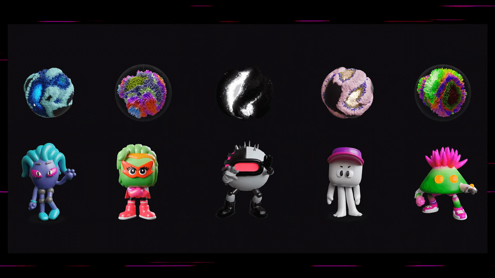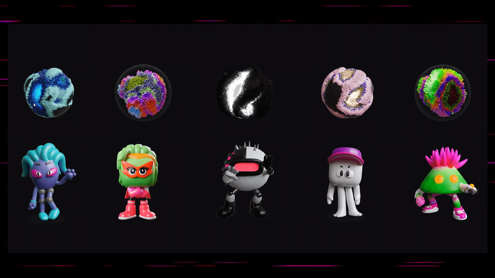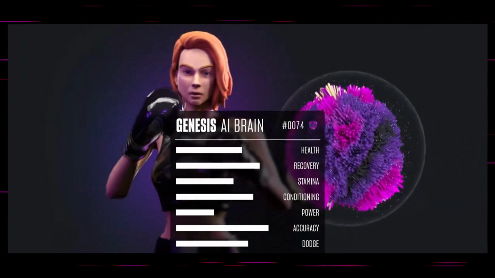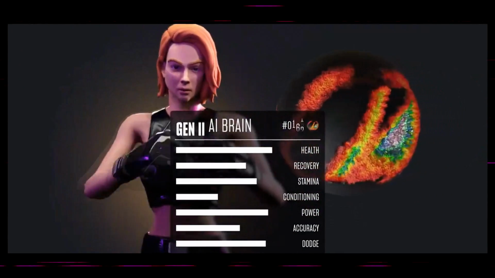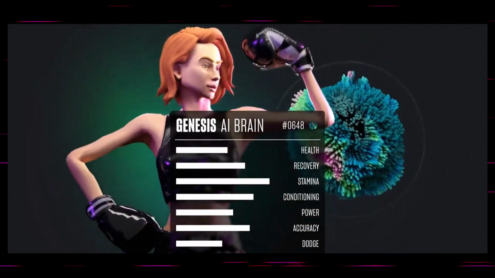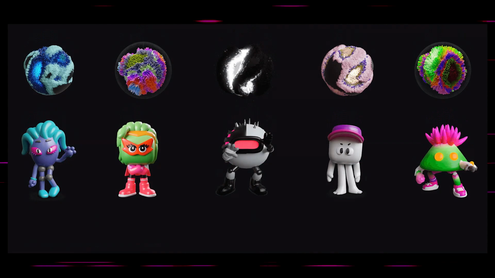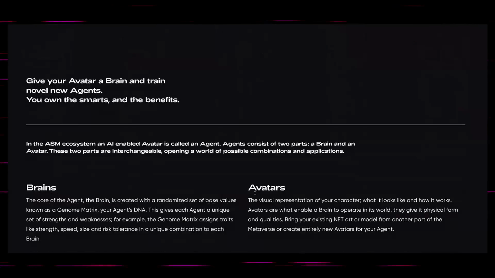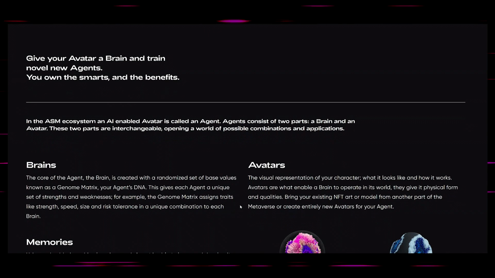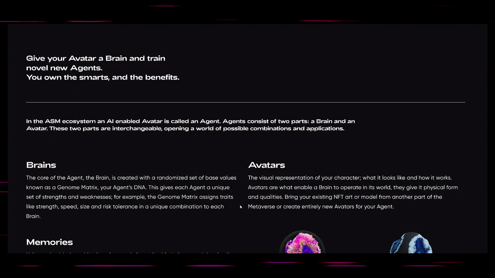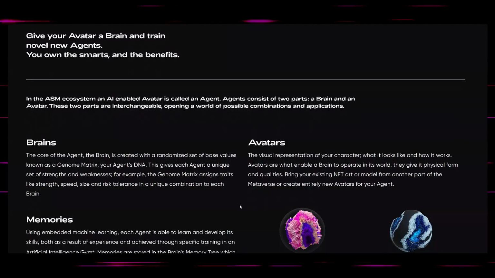You use the brain to train your NFT in whatever game you are playing, whether it's AFA All-Stars or Muhammad Ali Next Legends, where you're training a boxer, whatever game it may be, you will basically take your brain and put it into the avatar and train your avatar. Give your avatar a brain and train novel new agents. You own the smarts and the benefits.